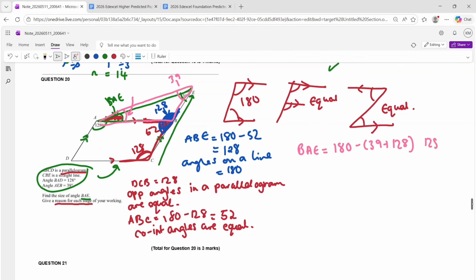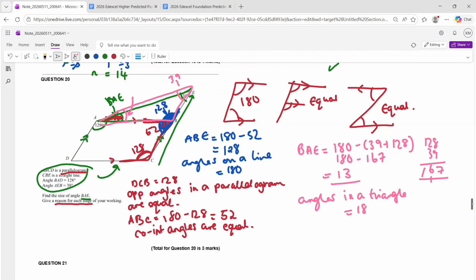So 128 add 39. 9 add 8 is 17. 3 add 2 add 1 is 6, so it's 167. So I'm going to do 180 minus 167, which is 13 degrees. And I have to write my reason because I haven't got that one down yet. Angles in a triangle